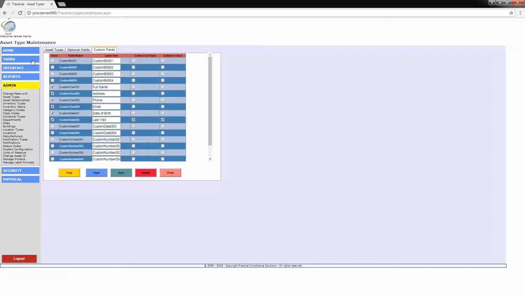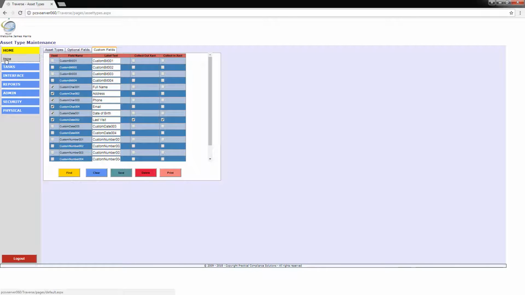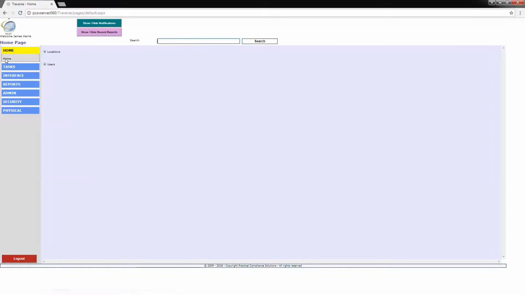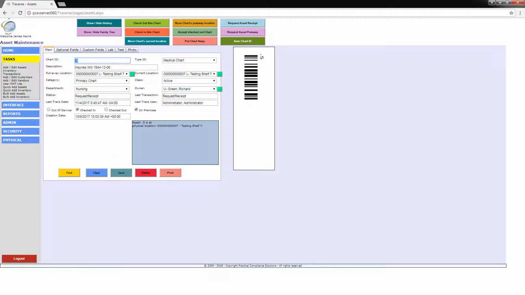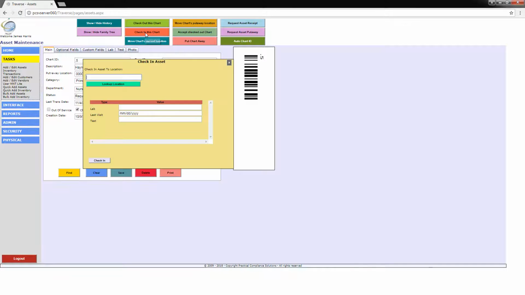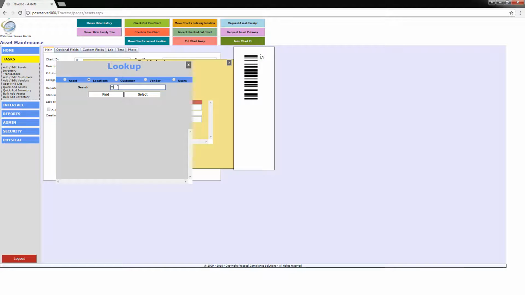And now, if I come back home, let's say patient Will Haynes is visiting right now. So I could pull up his chart. And now he's in my office, but we're going to take some blood. So what I can do is I can perform a check-in function. Location,